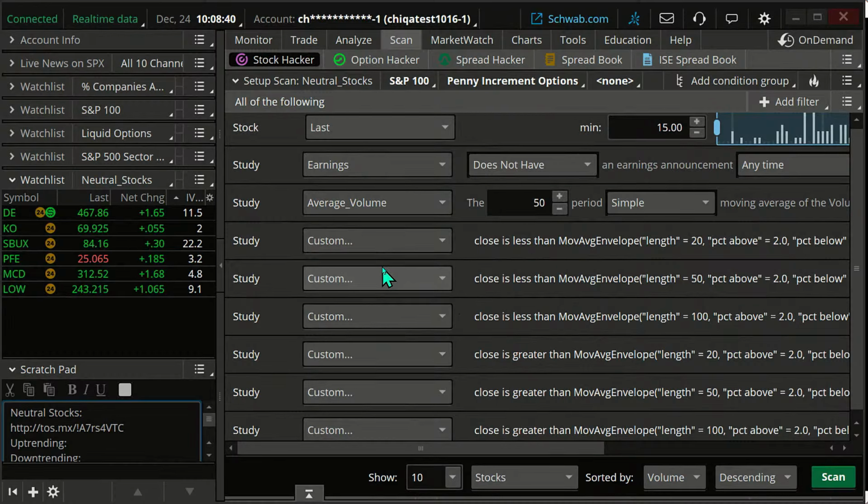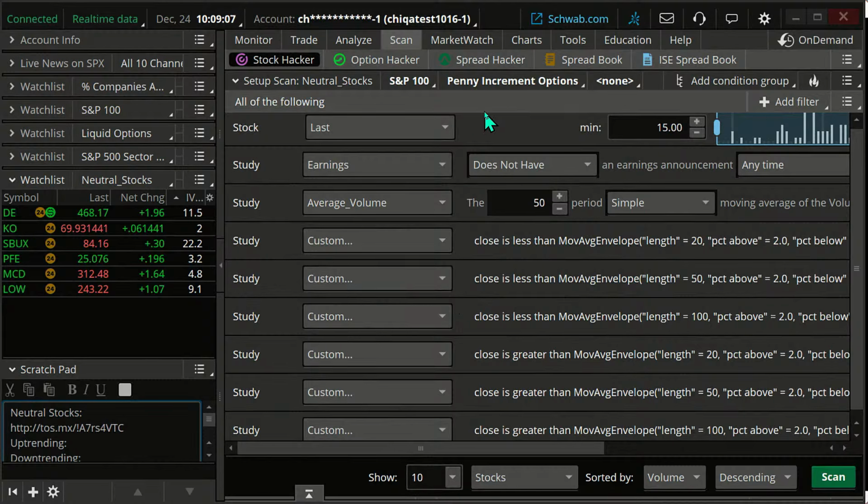Now, there's a little more nuance than that I want to talk about. We're not just looking for bullish or bearish or neutral. This was neutral, but maybe I want something that's more high volatility or low volatility. Well, there's a couple ways I can do it. I can just add the column here if I want, or I can modify the scan if I want and just save the scan that way.